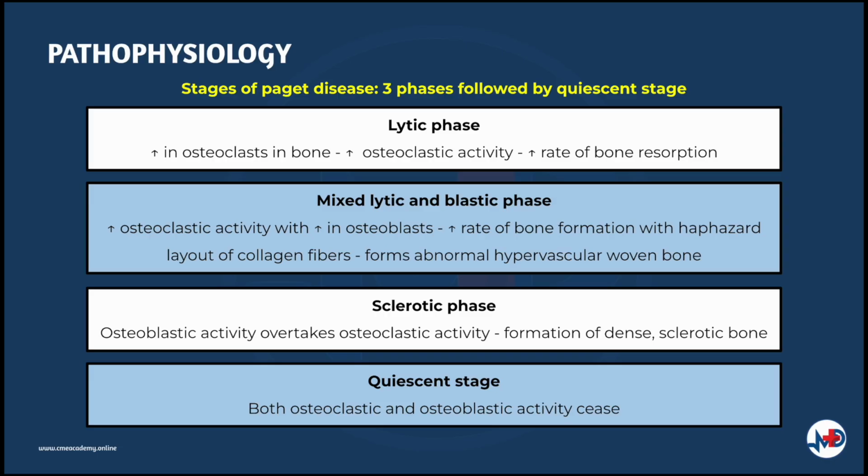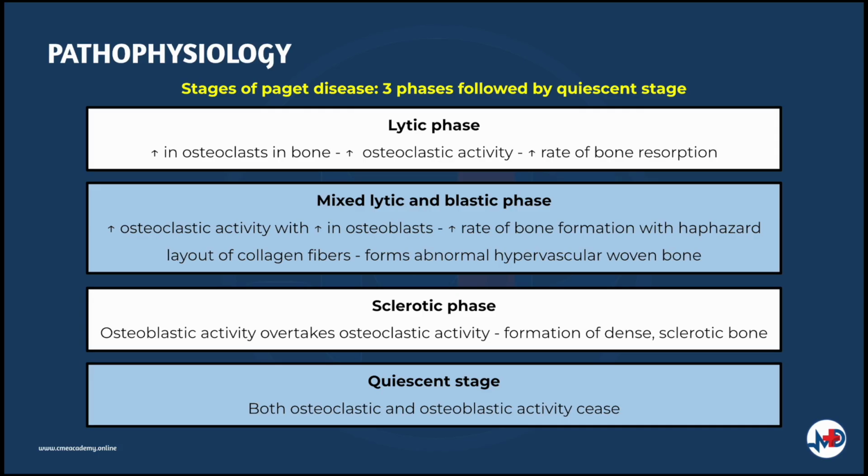though there are three distinct phases that the disease evolves through, followed by a quiescent stage. First, an initial short-lived lytic phase where there is a marked increase in osteoclastic activity causing bone resorption. Then, a mixed lytic and blastic phase where there are increased levels of bone turnover. The increased osteoclastic activity is accompanied by an increase in osteoblasts, though new bone formation is with a haphazard layout